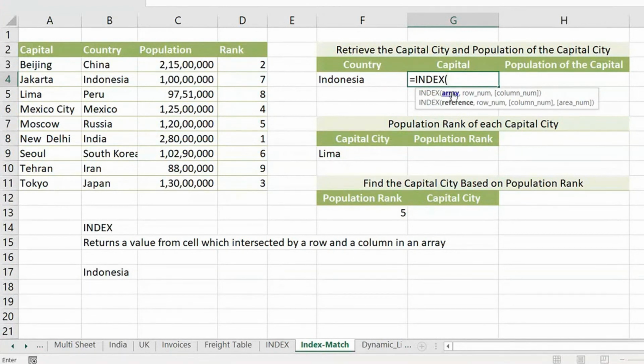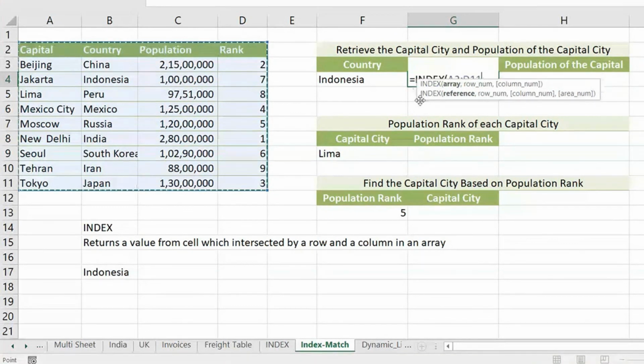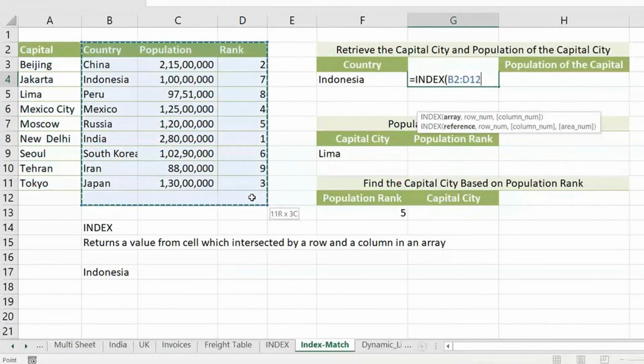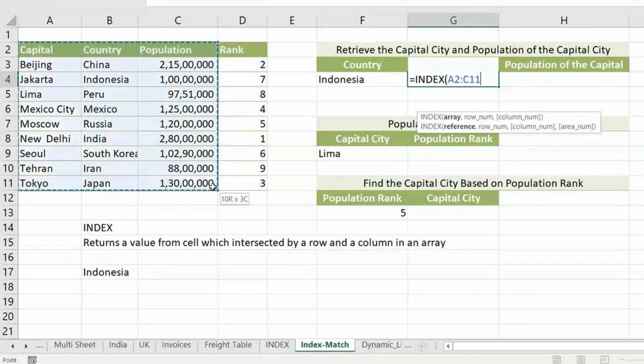Index. Array. Array is this full table like we do in VLOOKUP. I'm giving the array here, but in VLOOKUP we give it as the second argument. In INDEX, we give it in the beginning. Now, normally in VLOOKUP, when we pick a range, we'll be careful, right? We'll always start from the country because I'm searching on country. So my array will go like this, correct? In VLOOKUP, if you're searching on capital, my array will go like this. If you're searching on population, my array will go like this. Here, don't bother about it.